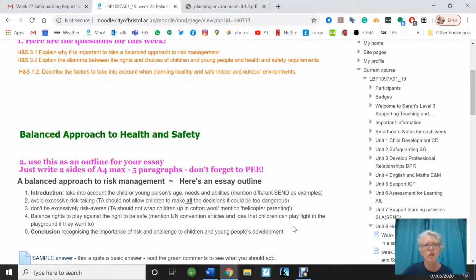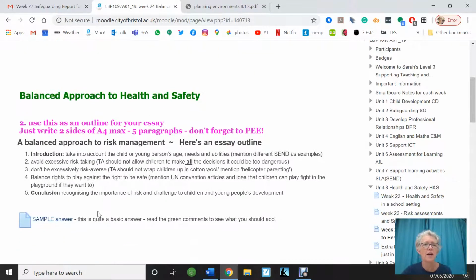There isn't a worksheet for these two questions. You're just going to open a new Word document and write an essay. But I have given you here an outline with 5 paragraphs. I've said just write 2 sides of A4, maximum 5 paragraphs. Let's have a look. So your first paragraph should be an introduction, and maybe here you could mention taking into